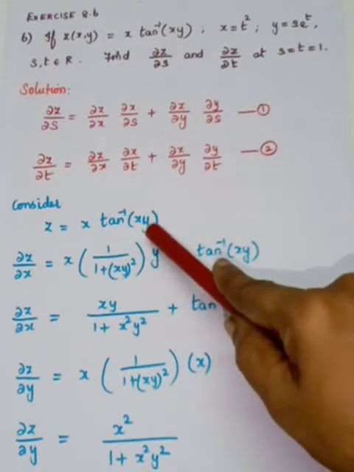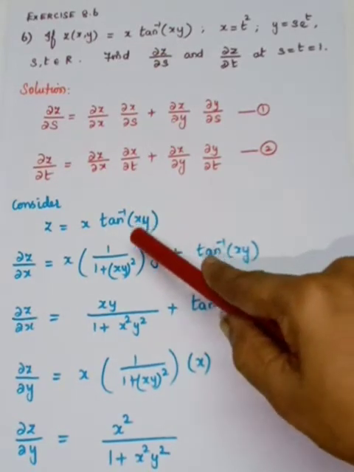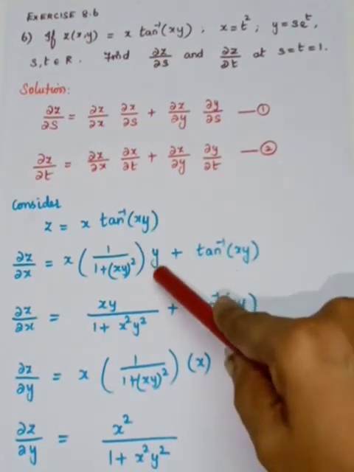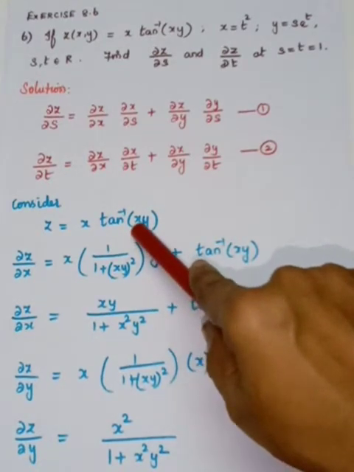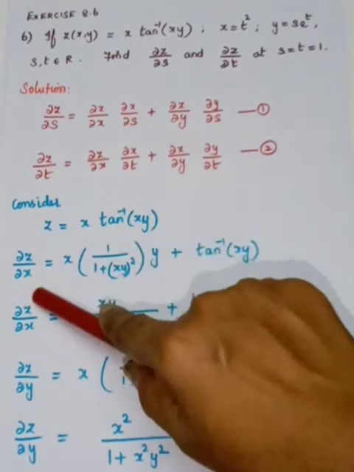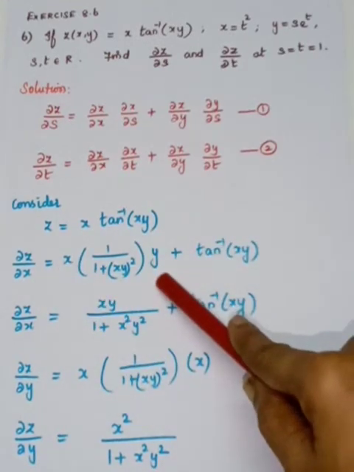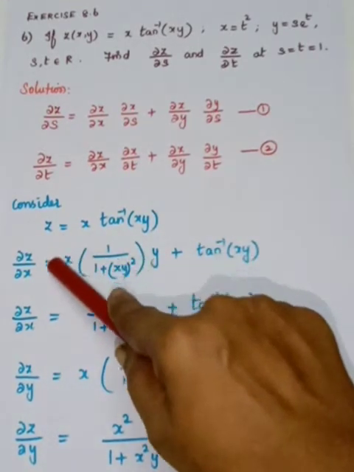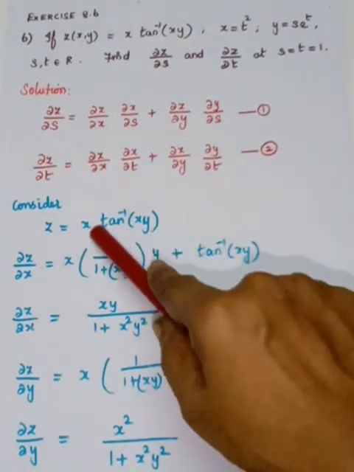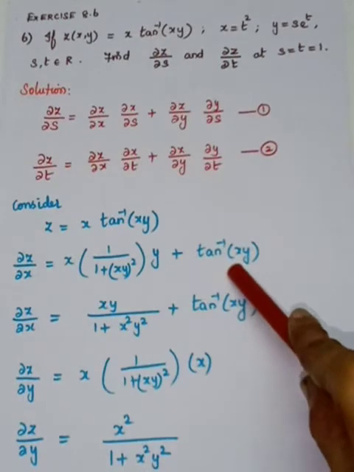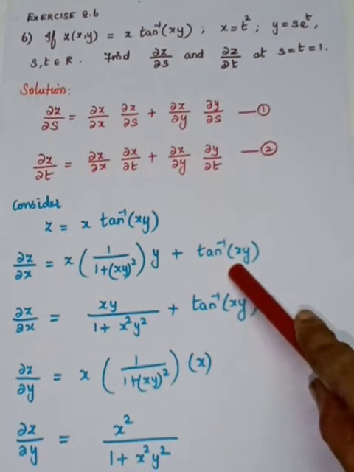So first you have to find out the constant. What is the constant? Y. So y is written here, and what is remaining in the xy? X term. So if you differentiate x with respect to x is 1. So what I have completed, the product rule first term is over. Plus, next what you have to do, the second term is written as it is. So I have written as it is, tan inverse of xy.